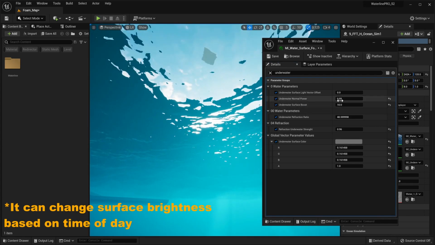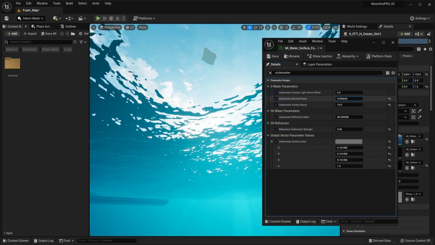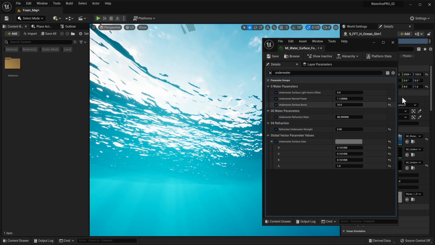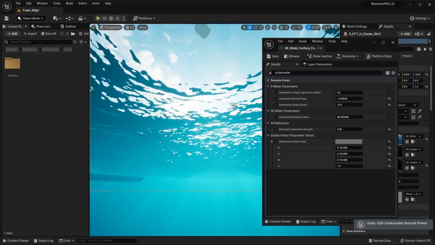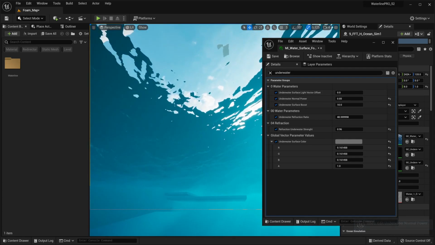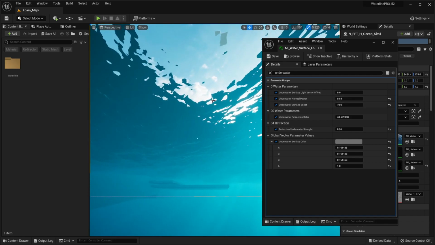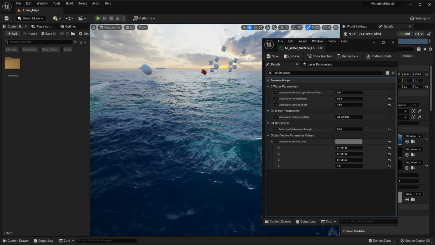Underwater normal power, and this kind of dictates the sort of mask that you could see above and below the waves. You could tweak this as needed. .85 is pretty good. This sort of controls how strongly the wave simulation that is above the water gets applied